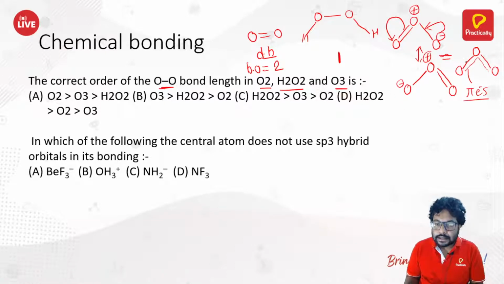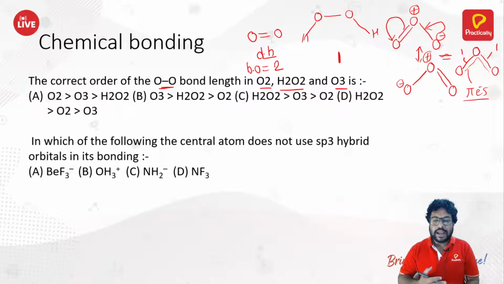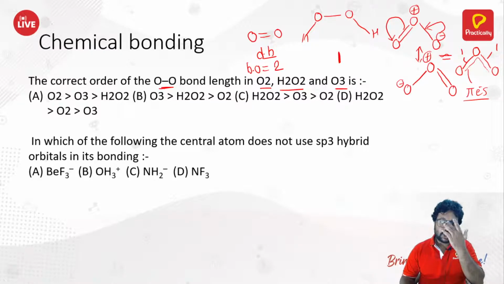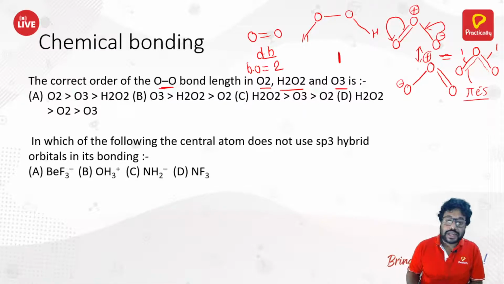And this thick line is a single bond, a complete bond, and this dotted line is the pi bond. You can see here this oxygen has formed a double bond here, and this oxygen has formed a single bond here. So in one structure you have a double bond, in another structure you have a single bond. That means the real bond order should be somewhere between double bond and single bond. If you take the average, double bond plus single bond, total bonds are 3, 3 divided by 2, it has to be